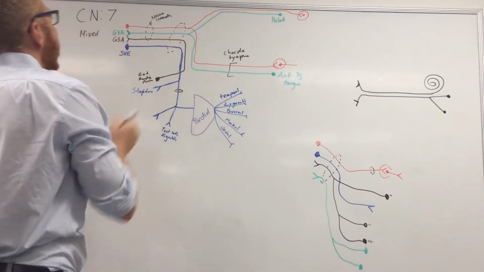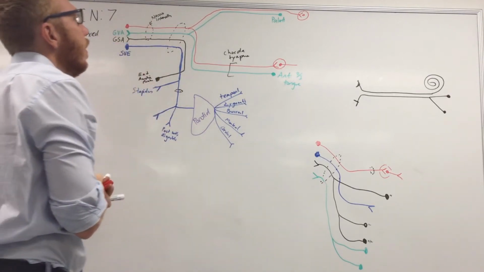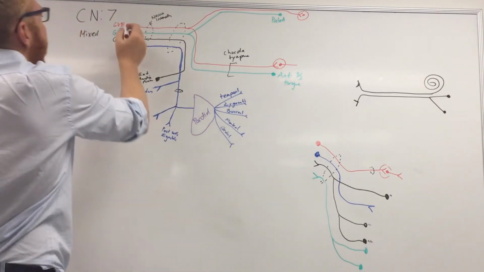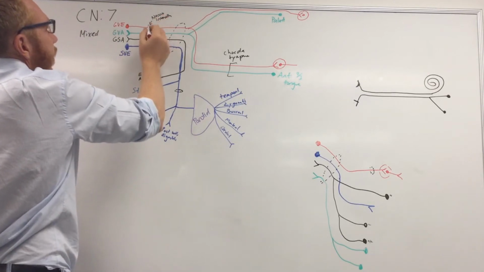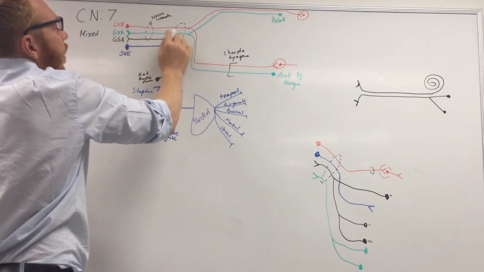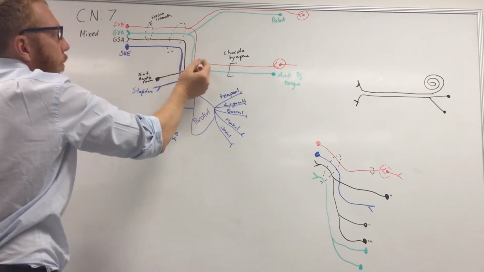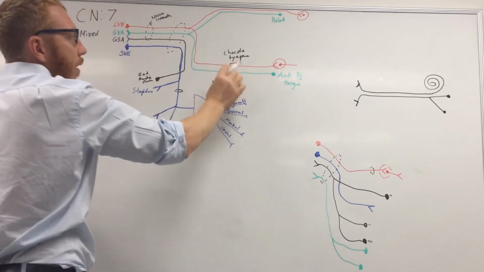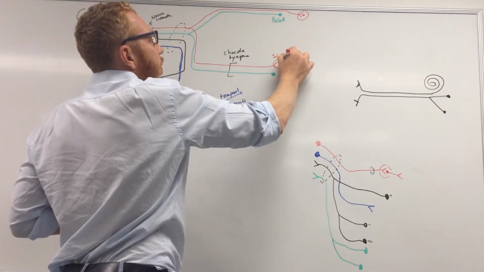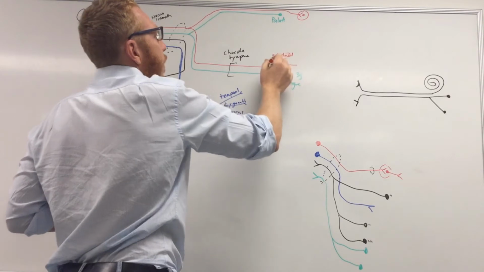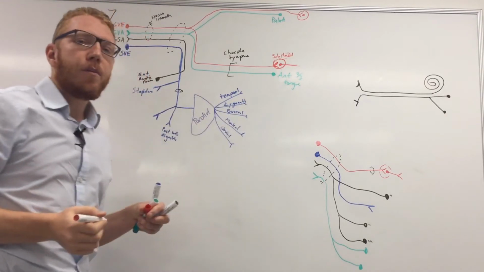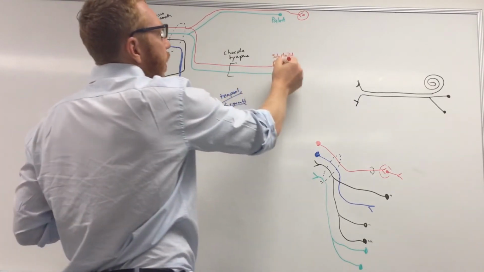So finally we're left with the parasympathetic. Okay, so this is going to be general visceral efferent. So this is parasympathetic fibers, and it's going to go through as the nervus intermedius, like the other three branches. Three branches in total, going through the internal acoustic meatus, where this one will drop down as the chorda tympani nerve now, where it's going to end on the submandibular ganglion. So this is a ganglion here where it synapses, so that's going to be pre-ganglionic fibers where it synapses, and the post-ganglionic is going to be carried by the lingual nerve in the trigeminal. So this is going to go and do